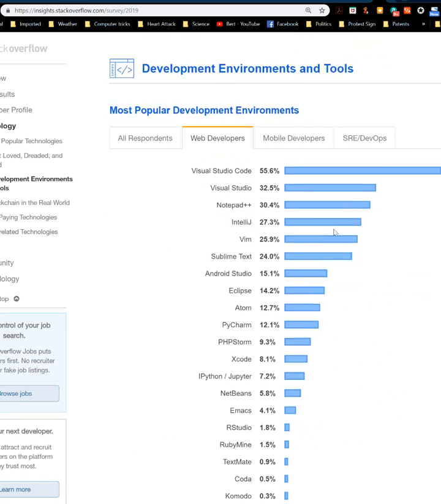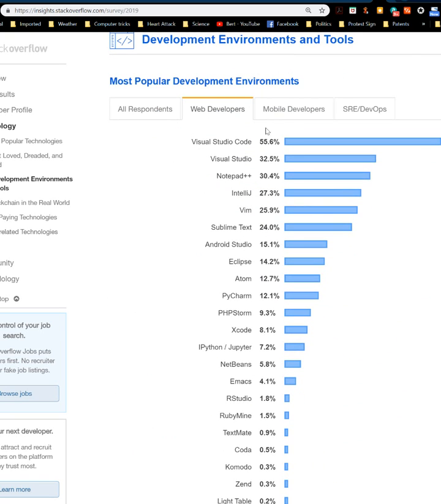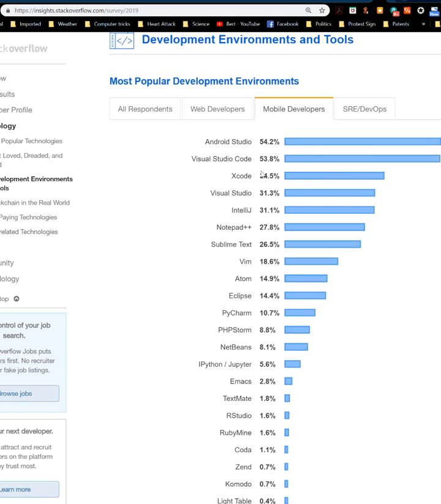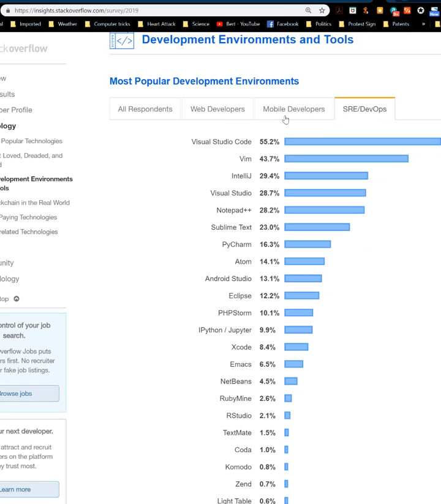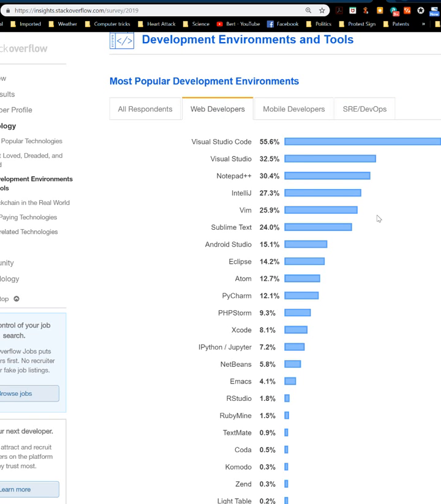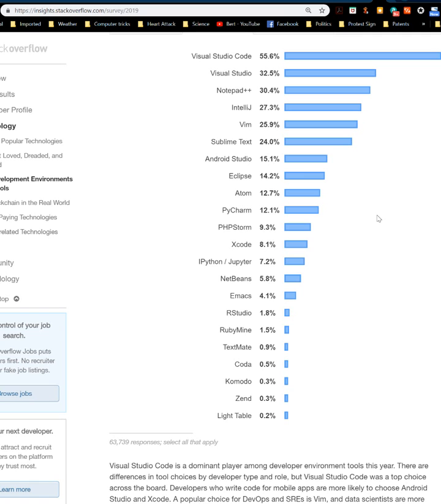But development environments and tools, so Visual Studio Code, Notepad++, you know, you get into mobile development, Android Studio, IntelliJ, etc. Again, kind of interesting, but still not quite sure what DevOps is. That's actually why I discovered this site. I was trying to find out what DevOps is, you know, development operations. I speculate it has something to do with, I have no idea, developing entire networks or something. I don't know.